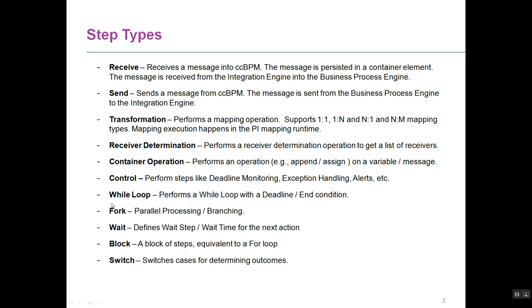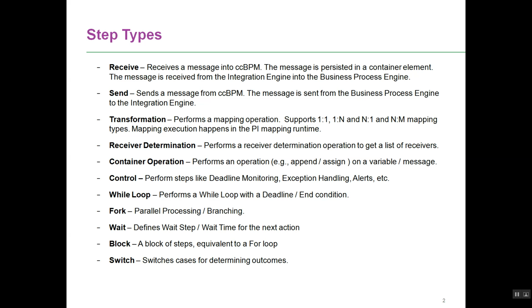While loop, as the name implies, there is a while loop, and that while loop will have a deadline or an end condition. A fork is used for parallel processing or for branching of your messages. A wait step defines a wait time before which the next step will be executed. A block step is equivalent to